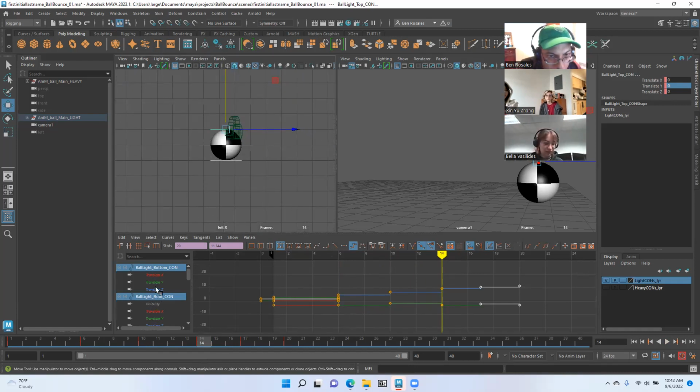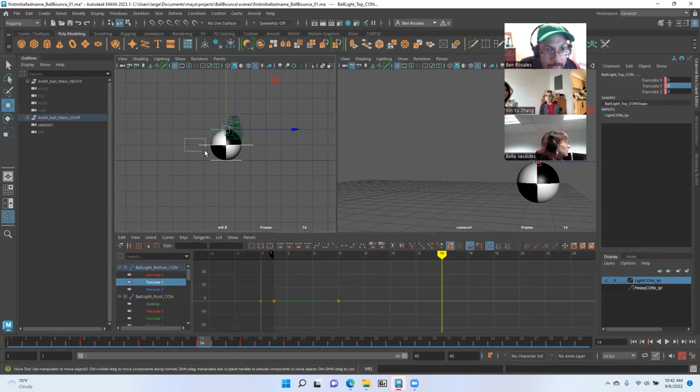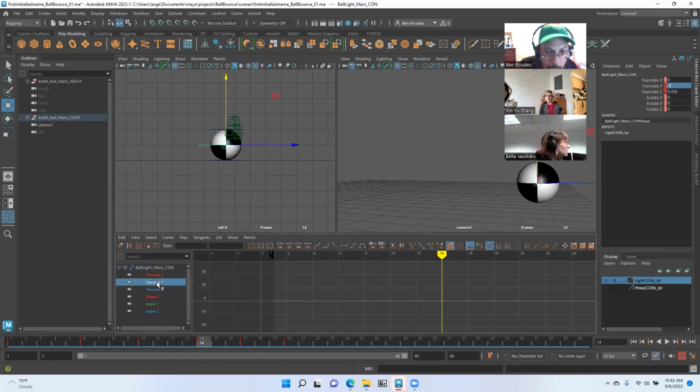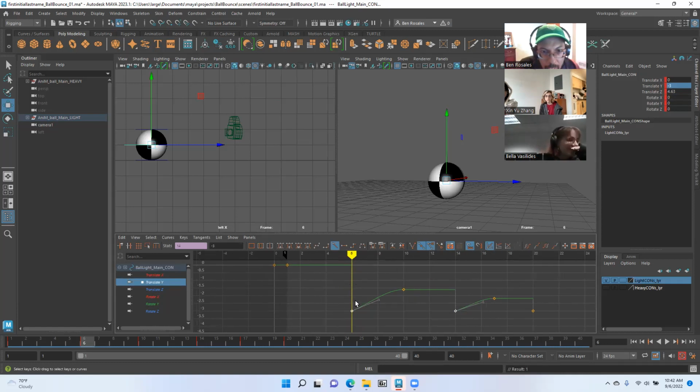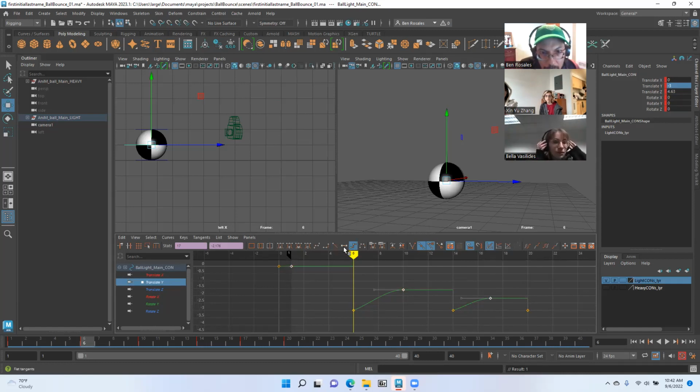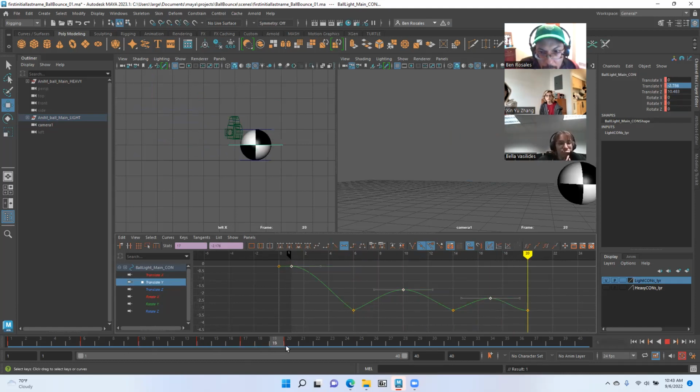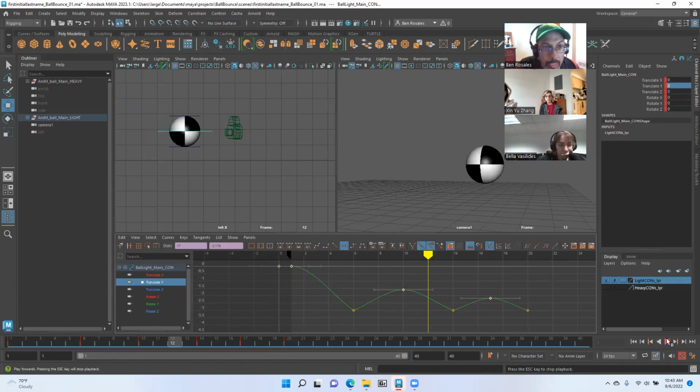I'm going to select my main control, go to my translate Y, and where it hits the ground, I want these to be linear tangents, which is this button right here. The up ones, I'm going to select these up ones. I want all of my ups to be flat tangents. This one right here. And this last one, actually, I need to make this one also linear. All my contact positions are going to be linear, and all my up positions are going to be flat tangents. So now if I play it again,